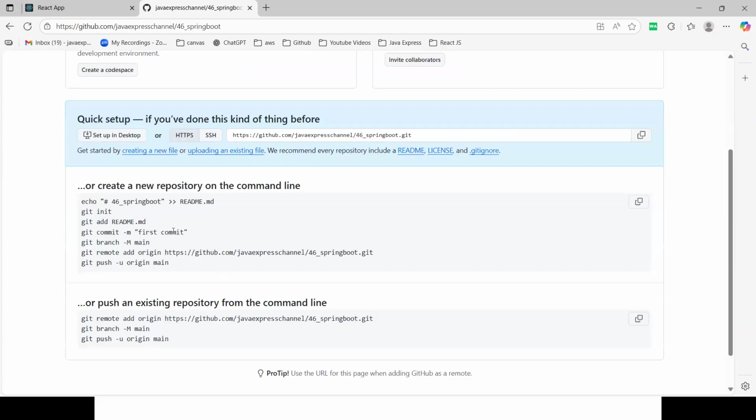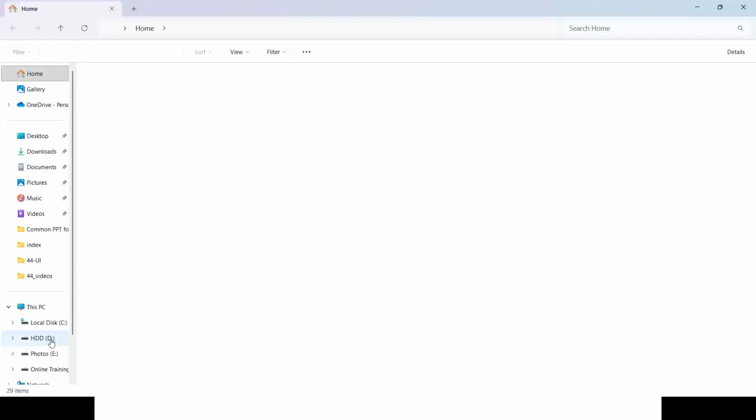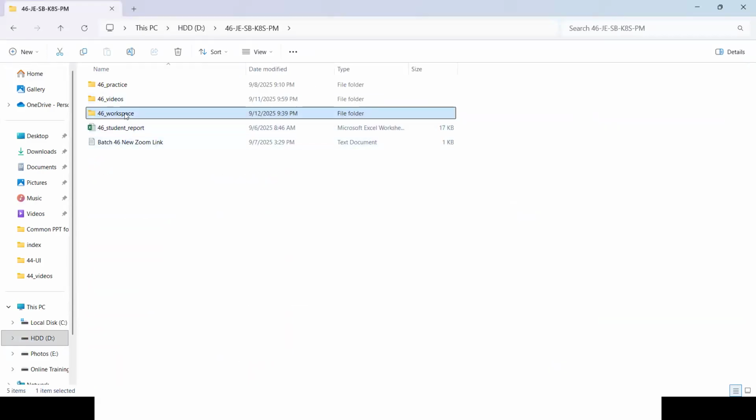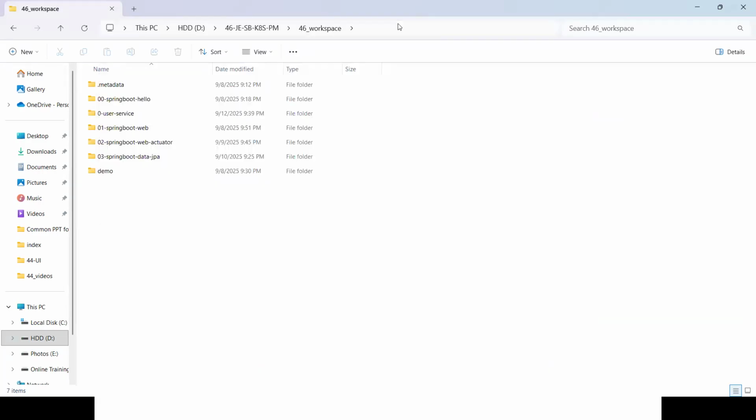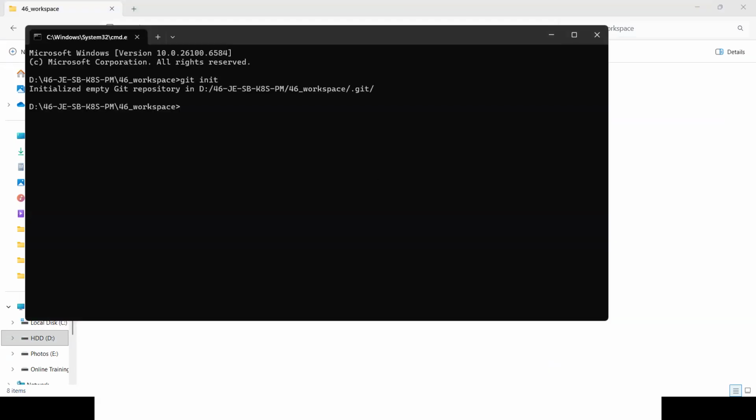Okay, this is my repository here. So let me initialize our project. Your project is in the workspace. This is our repository, right? Let me open CMD. Okay, git init, initialize the repository here.